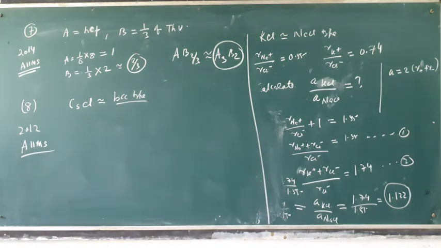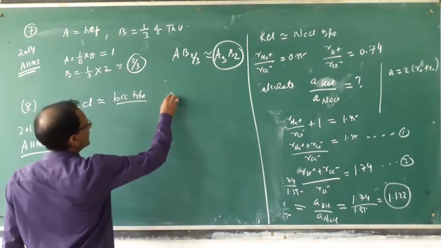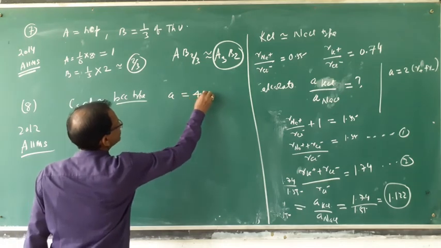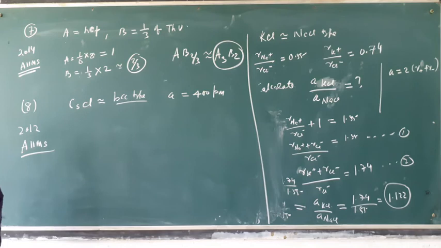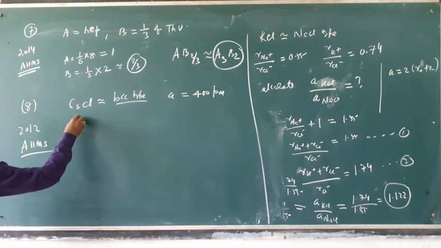Okay? Cesium chloride in BCC type. Here the edge length is given. A is 400 picometer. Edge length is given. And the interionic